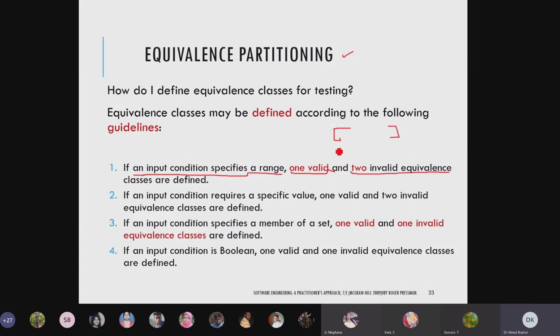For example, in your class, if I set some roll number range, 50 to 100, in a class of 200, and the teacher has asked everyone to come in this range of 50 to 100.